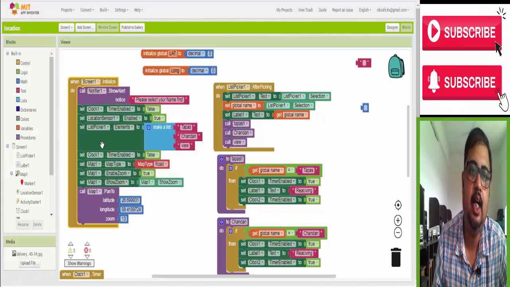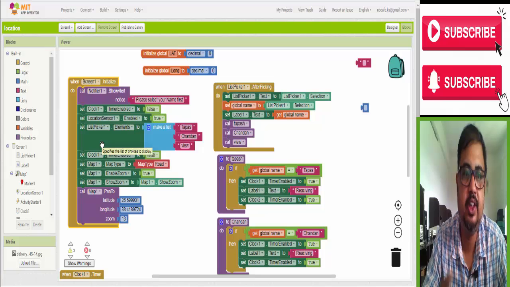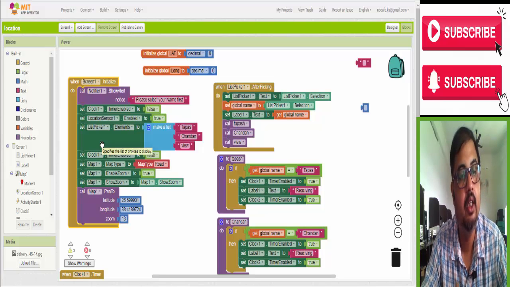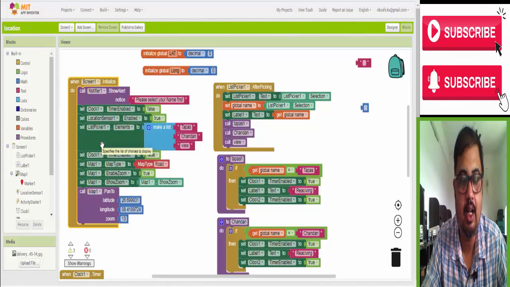And see, I use two clocks. So set Clock1 timer enabled to false. That means the clock will not start. Set LocationSensor1 enabled to true. That means your location sensor can now start getting the location values.